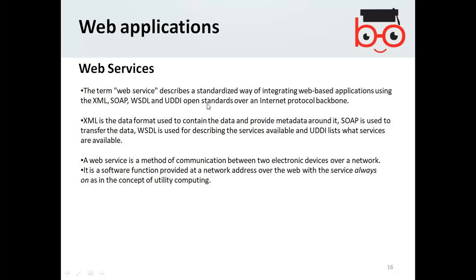So you can further study web services in detail, but in a nutshell, it is based on three things: you use XML as a universally acceptable form of data, you use SOAP, Simple Object Access Protocol, to communicate with the service providers, and they reside at a central registry, and the definitions of the services are stored using WSDL, Web Service Description Language. All these are kind of languages similar to HTML.